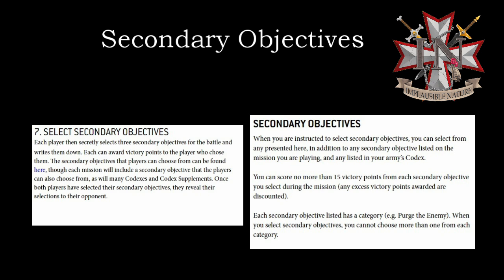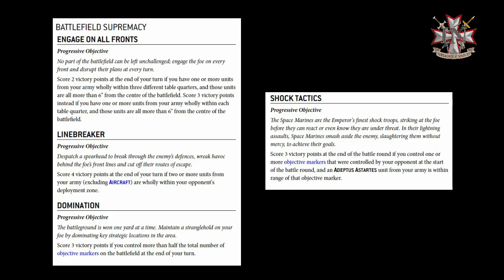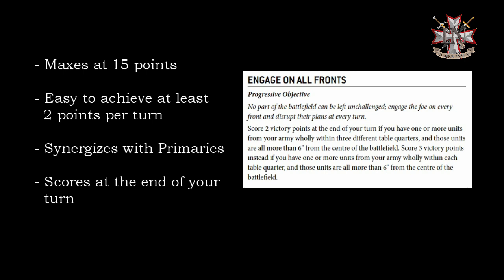So you have to choose 3 secondaries, and there are several categories, and you can only choose 1 secondary from each category. You can also only choose 1 secondary from your Space Marine specific ones. There are 3 Space Marine specific ones, each in a different category, and you can only choose 1 total from your Space Marine book. We'll start it off with Battlefield Supremacy. There are going to be 4 of these, including the Space Marine specific one, and we'll start off with Engage